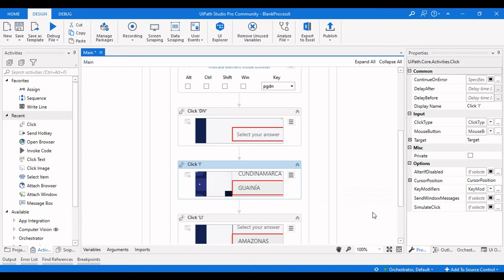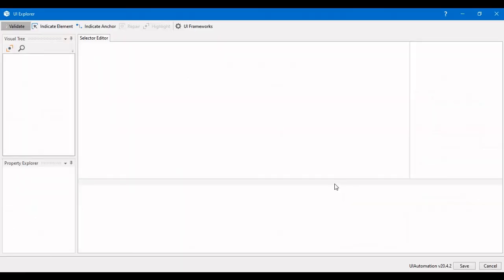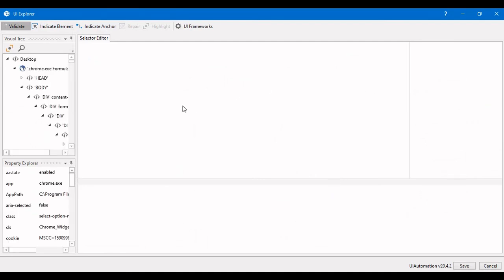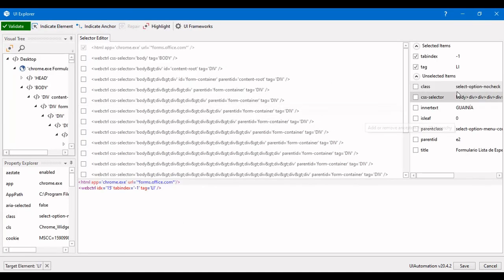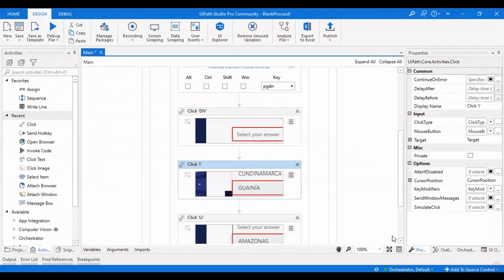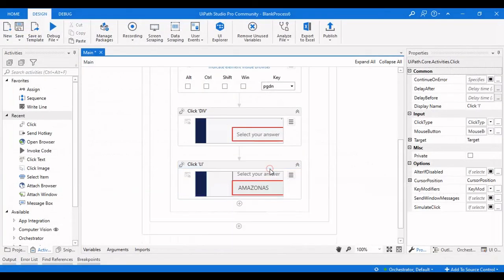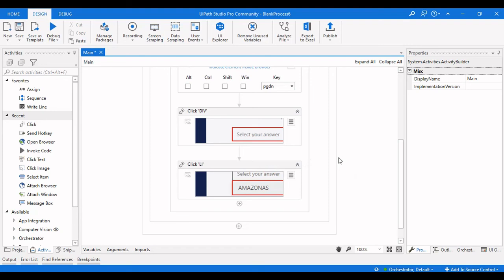Click on open UI selectors, and click on inner text here. So you can see it is pretty much clear that every item in the drop down has a space after the value. So you need to pass the input value such that it contains the name, and then there is a space after the name. This is what you have to be conscious about if you are not getting this correctly.